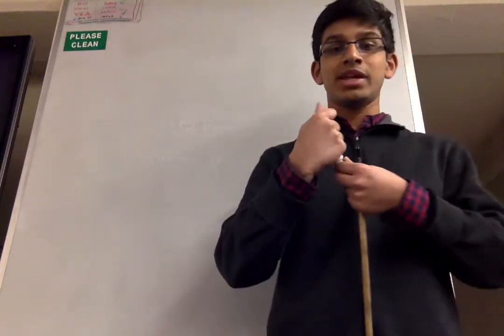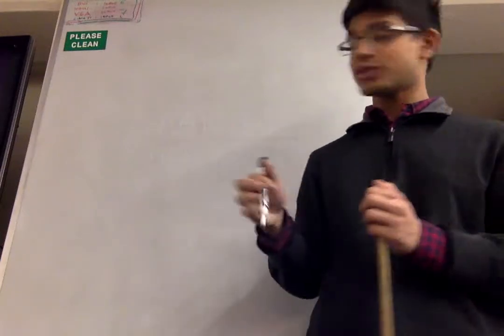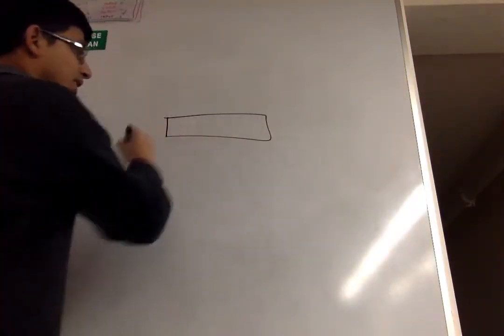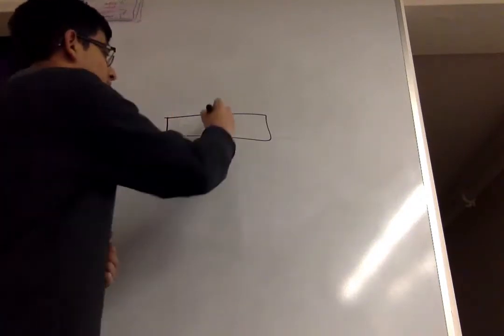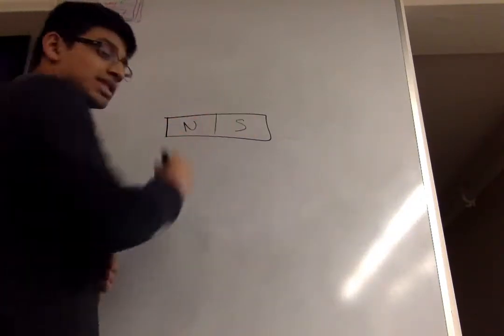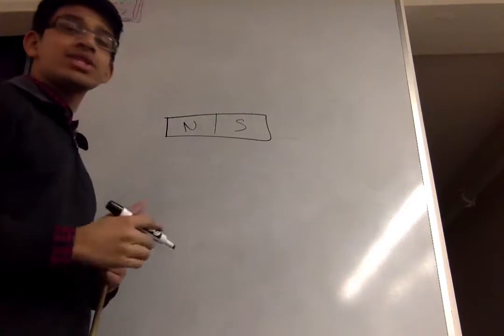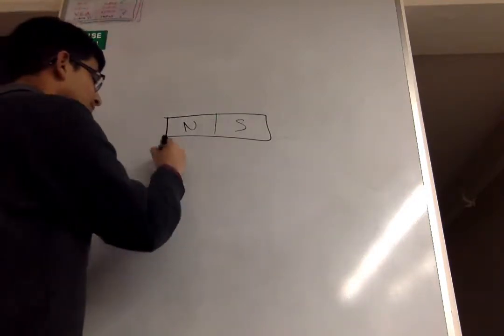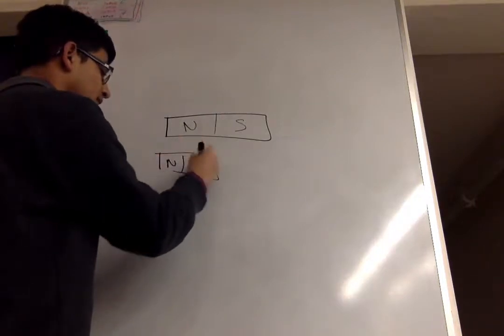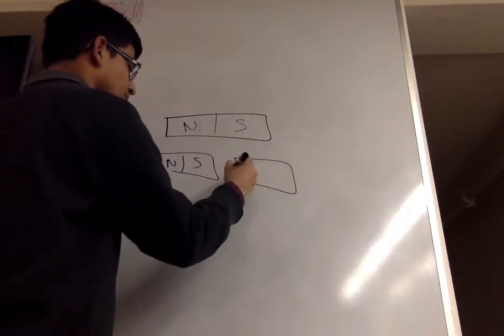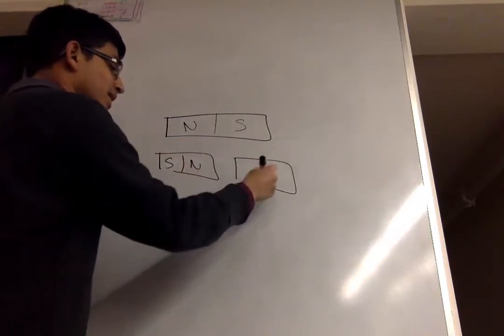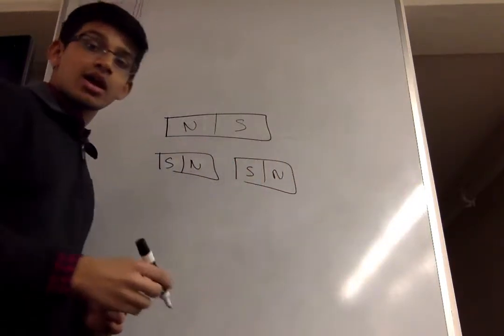Okay. So before I dive into magnetism, I need to discuss the magnet. A magnet is a metal conducting bar that's composed of 2 primary parts, the North Pole and the South Pole. Now, the interesting thing about the North and South Pole is that if you have the North Pole of one magnet next to the South Pole of another magnet, a force will